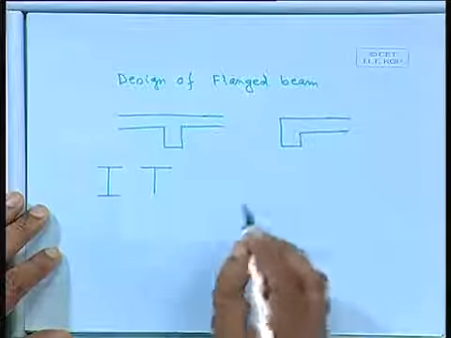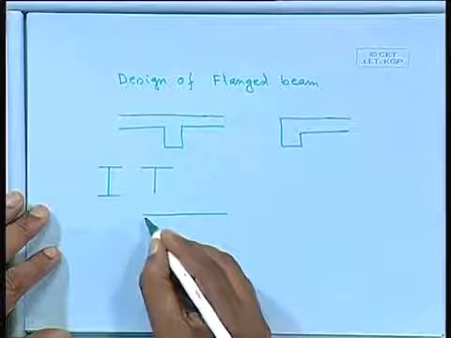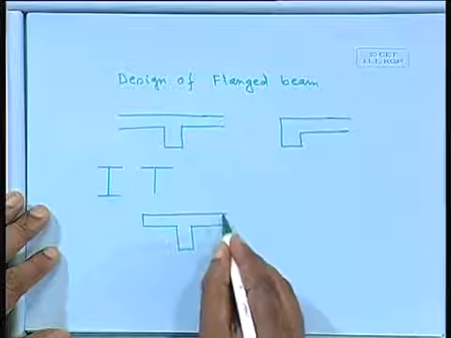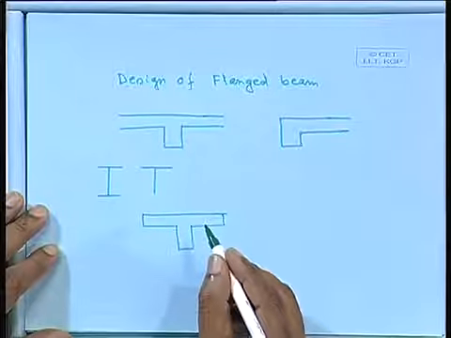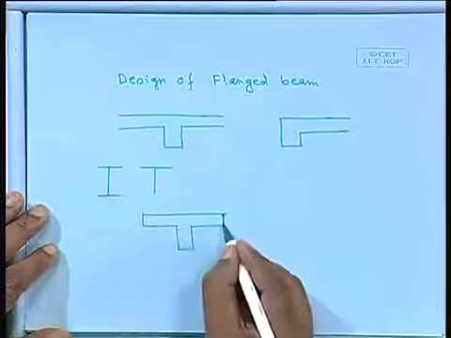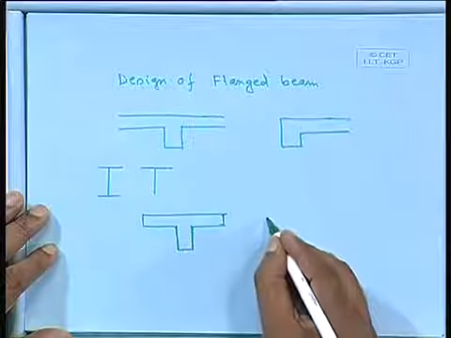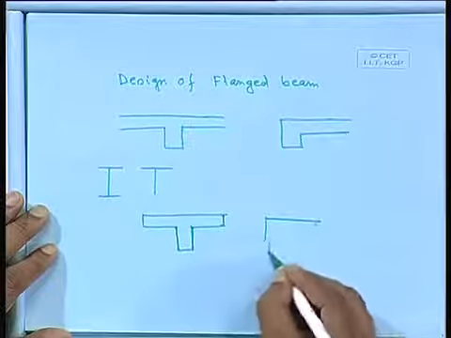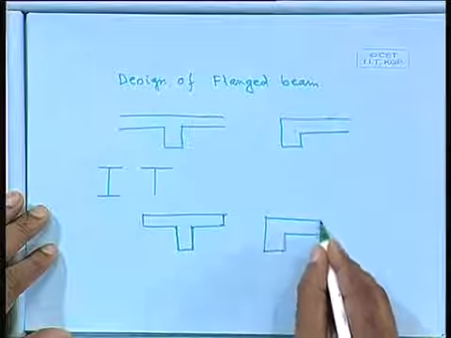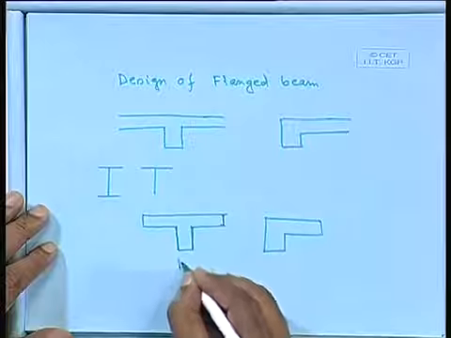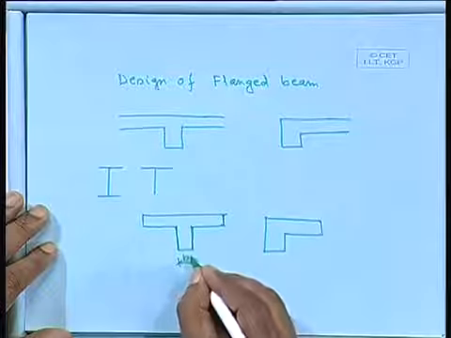T-beam like this. Now, what we shall do, we shall take the width of the flange also, not only wave. So far we have done the rectangular section. So, we shall take this portion also, that wave as well as the flange. For this case, we shall take certain portion up to this. What we shall do, we have to find out, say BW, let us say certain dimension BW, width of the wave,